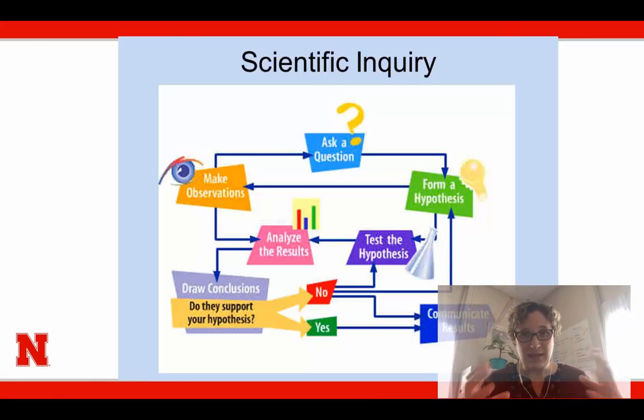They might answer their question, but a lot of times you don't answer your question all the way, and you go back to the beginning and you run the study again, or you change something about the study. And then eventually you get it to a point where you do communicate the results to the public. And that's what we're here to do. We're here to help